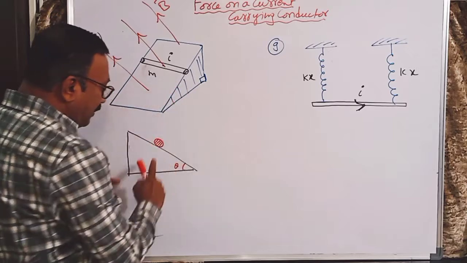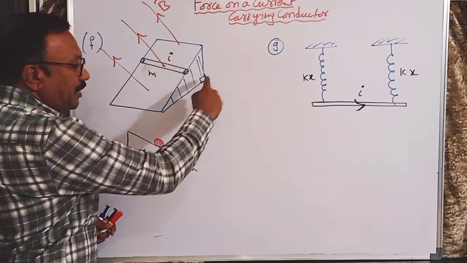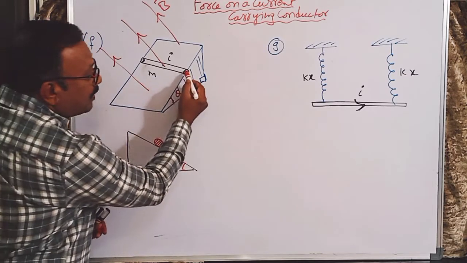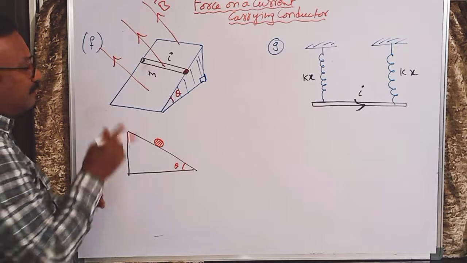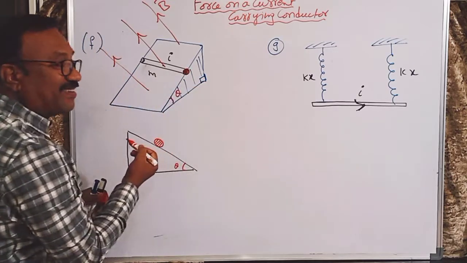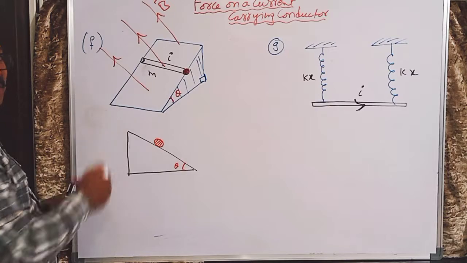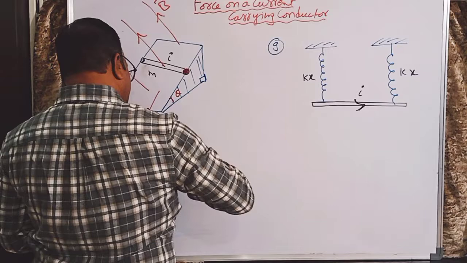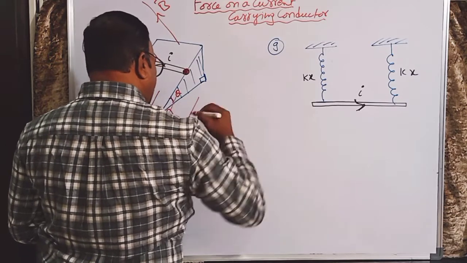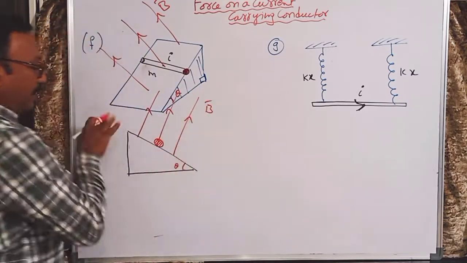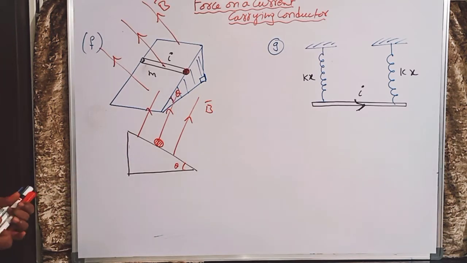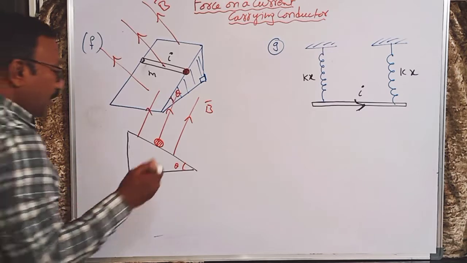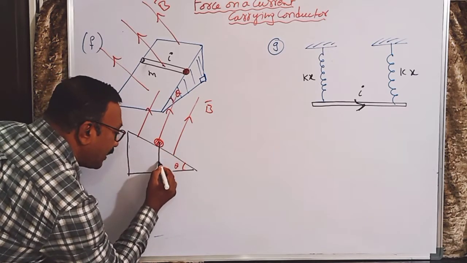So this conductor is shown like this. This is an inclined plane, with inclination theta. This is a cross section of the conductor. The remaining part I am not showing, only this part here. The current will be like this, inward. And the magnetic field B bar is perpendicular to the inclined plane. This is simple to understand. You all know how the forces will be. Friction is given, mu. And you know that mg will be acting downwards.